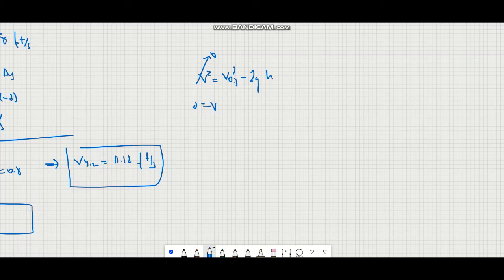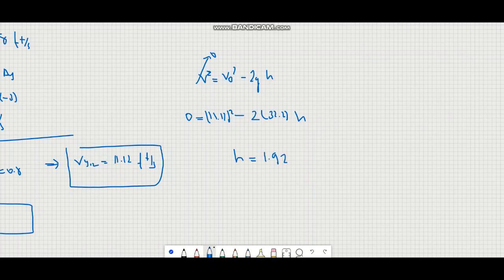Y direction initial velocity is 11.12. So I will write it down. 0 is equal to 11.12 squared minus 2 times 32.2 times h. So if you do this calculation,